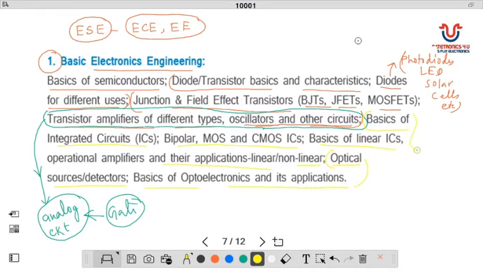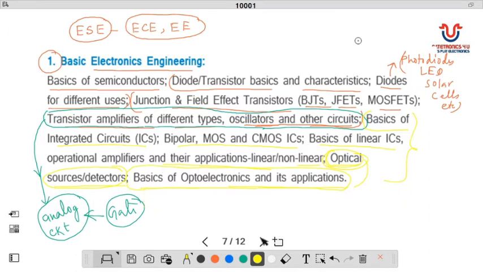So this part, the optical sources and detectors and basics of optoelectronics, is the new part in the ESE, that is not in the GATE